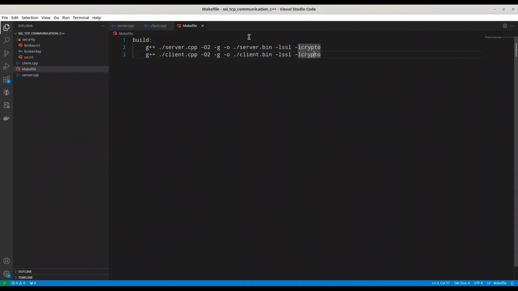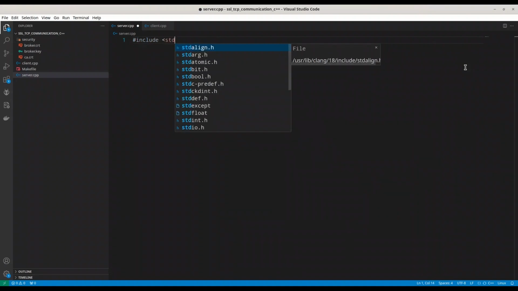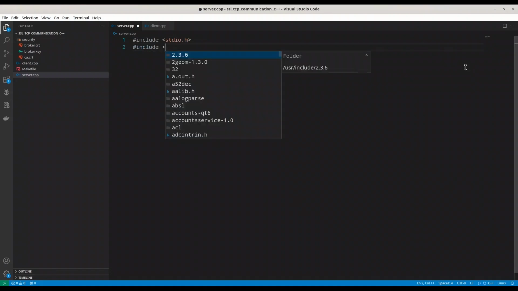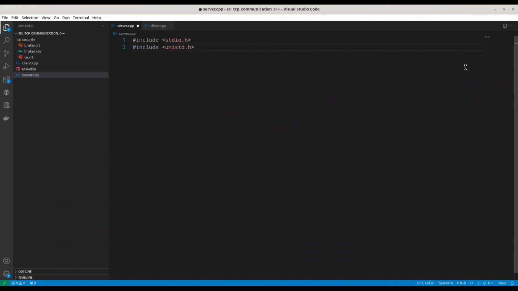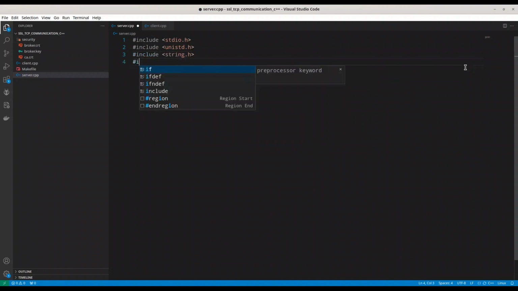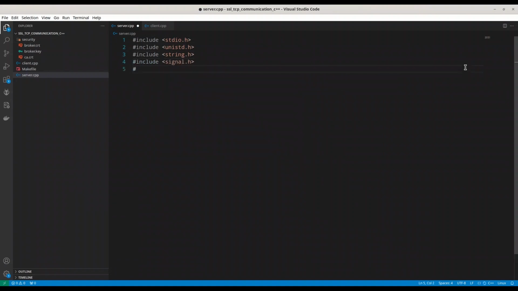I'm going to save this, and let's go with server first. So first I'm going to do includes. So include first is going to be stdio.h. Now include unistd.h. Now string.h, signal.h,